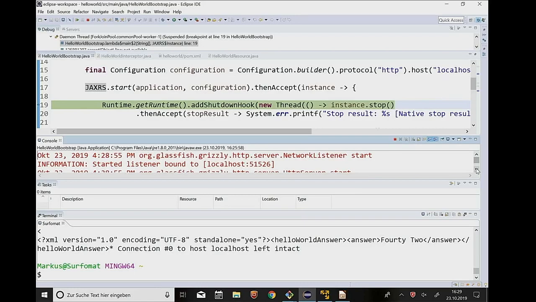So I can give it in the configuration the value 0, and with the value 0, the underlying party, which is Jersey here, seeks a free port and starts on that. And the question is, how in God's name can I know that port without looking in the log file? So what we get in the next step is,